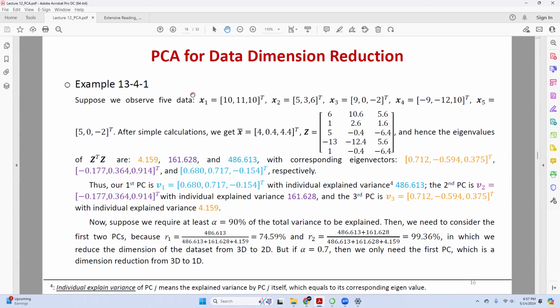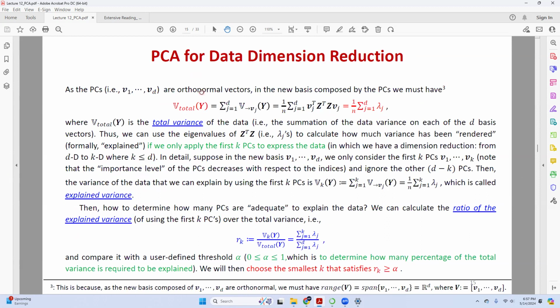And we're all talking about PCA being for dimensional reduction. But here the original is 3D, so I still have V1, V2, V3. There's no reduction at all. How can we reduce it? What is the standard for me to reduce? Okay, here we go. We need to do some further calculations.